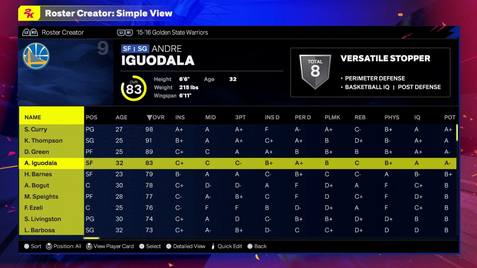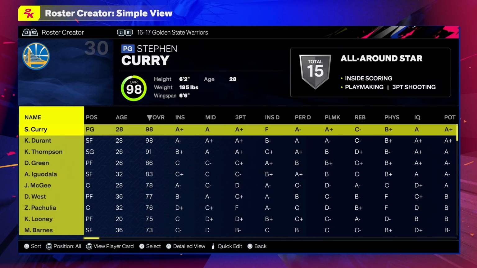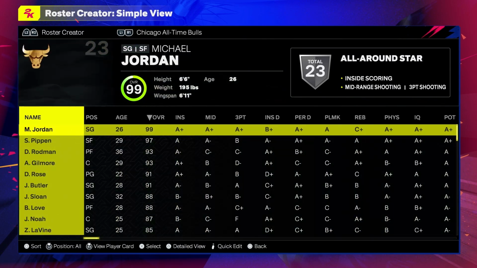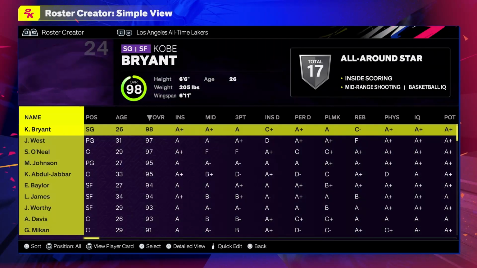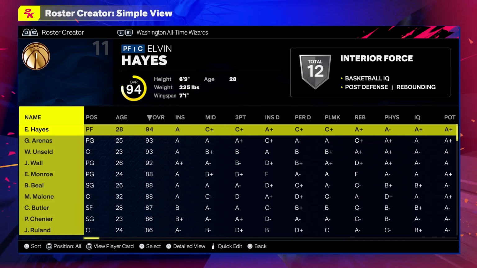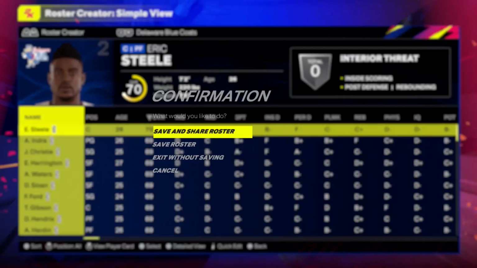Same if we go to the Warriors, you see Andre Iguodala, and it is his old player model from the previous rendition of 2K, 2K24. So copy right on over. There's Iggy again, and then if we go to the all-time Wizards, I believe that is where I saw John Wall earlier. Yes, here he is, John Wall. So you can go ahead and play with him as well. Now, beyond that,